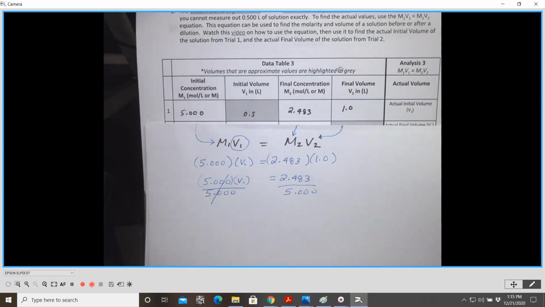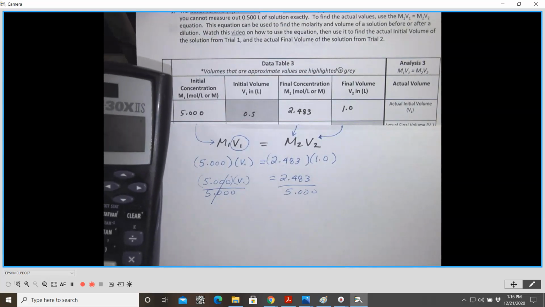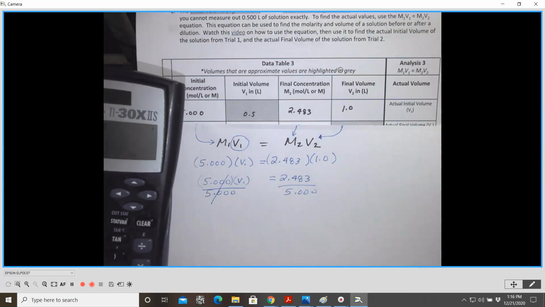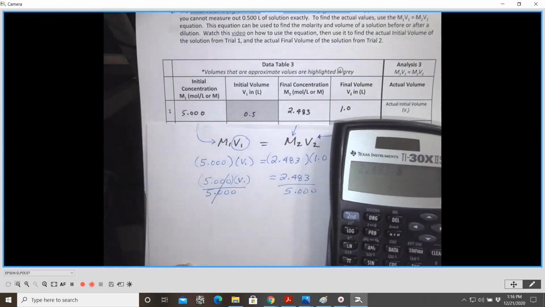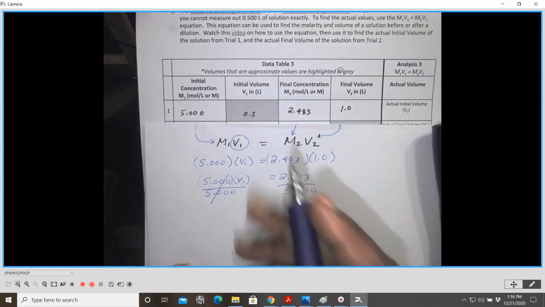And that gives us a V1 of 2.483 divided by 5. And that's 0.4966